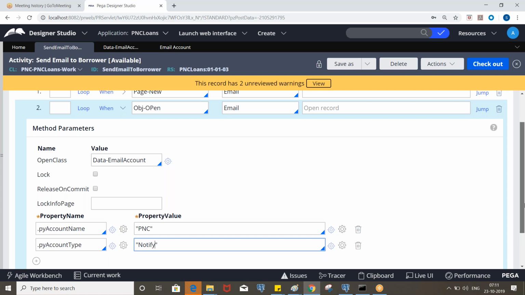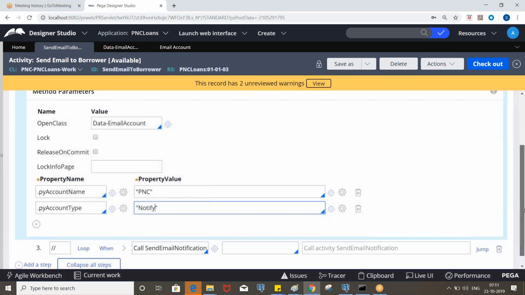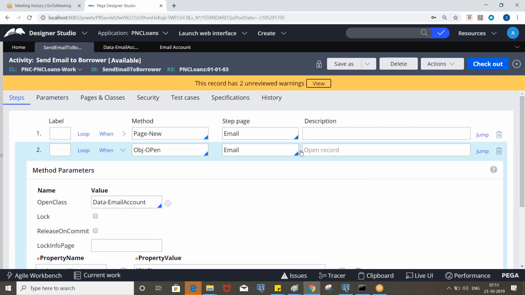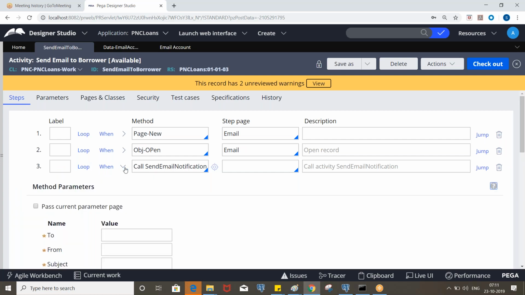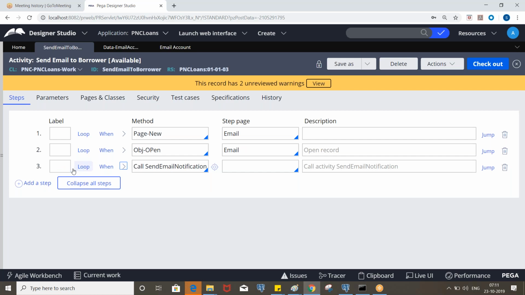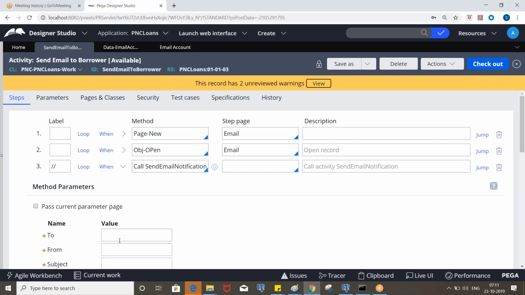Now the corresponding details will be available on the email page. Either we can assign it to parameters and later pass it, or directly put email dot py email address like that.